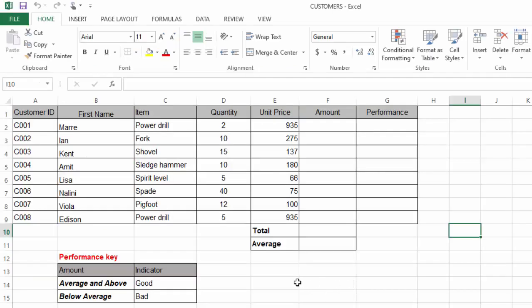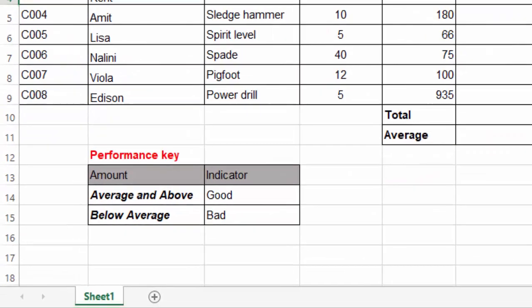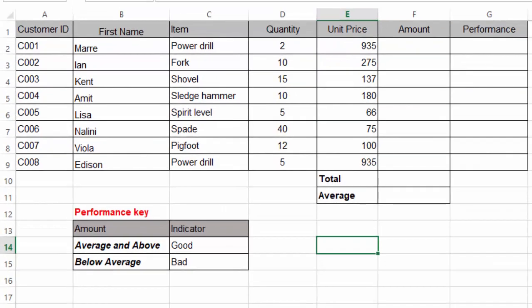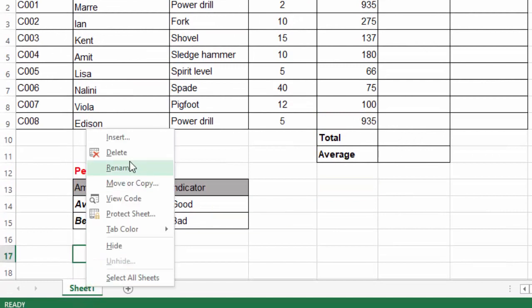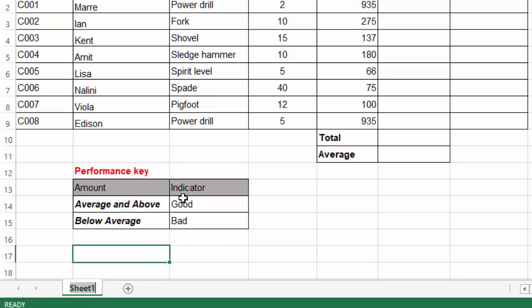In this Excel sheet, you can see that it is written here Sheet 1. I have this data and I want to create 2 more sheets from this one, and I'm going to rename them, and I will use them to demonstrate to you those concepts I explained earlier. So this sheet, I'm going to rename it: right click it here in the tab and choose Rename. I can give it the name Performance